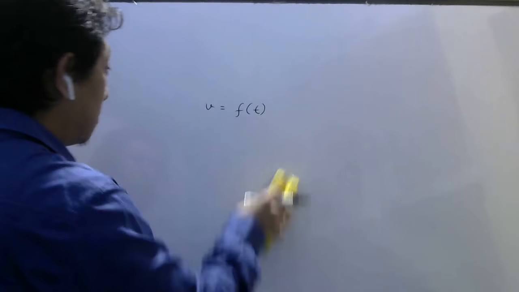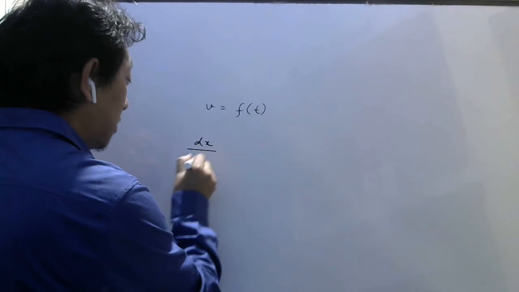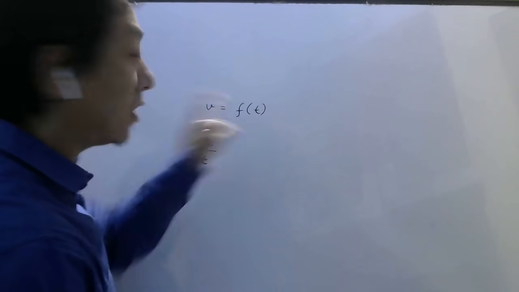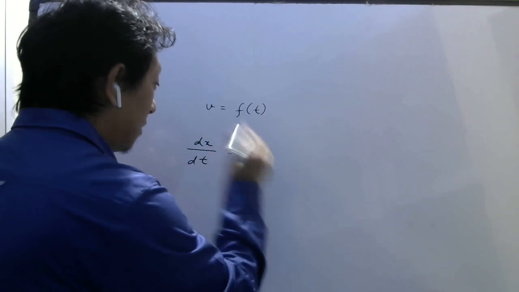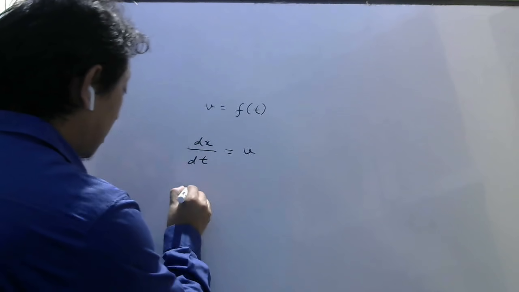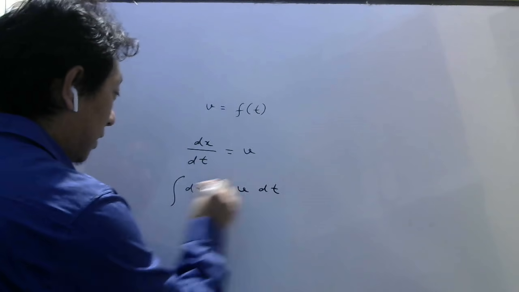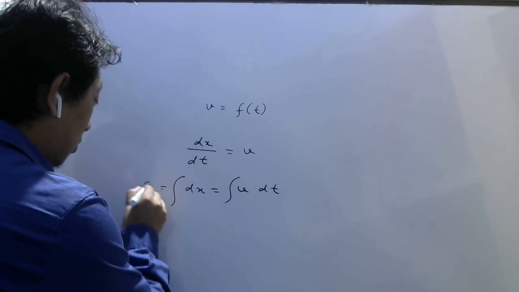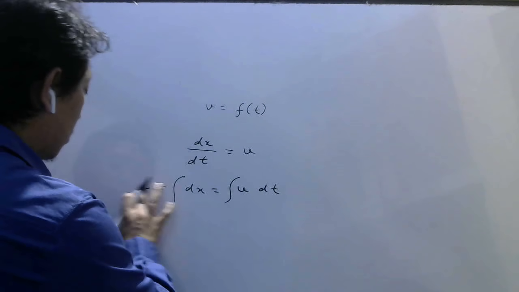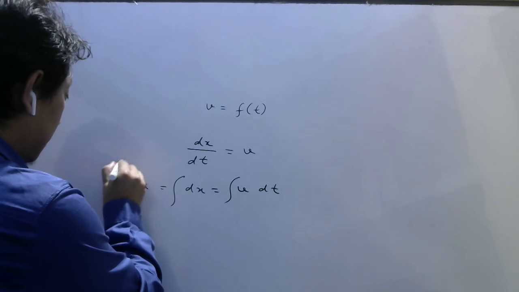Then what do we do? We write this speed as dx by dt. We remember, right, in first PU. Why? Because it is instantaneous speed. Then whatever function is here, that is your speed. So let us write v. Then you cross multiply. Then you integrate. So once you integrate small distances, you will get the total distance. Whatever you want to call it, x or s, doesn't matter. So this is the total distance.